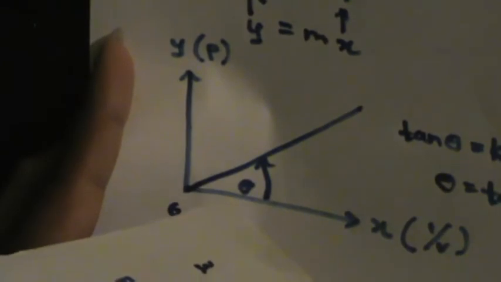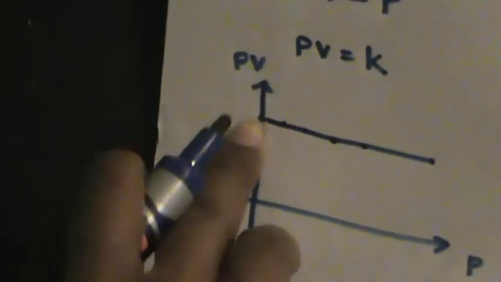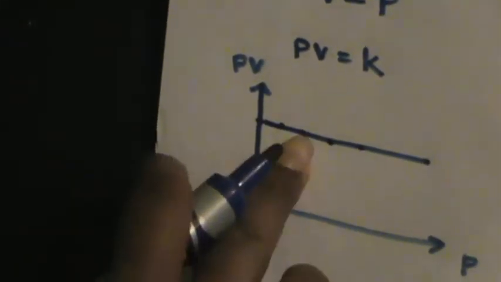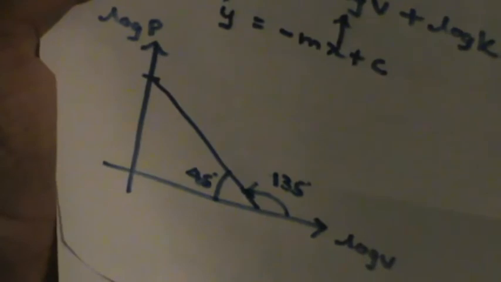So in this video I have been talking about the graphs of Boyle's law. In the first graph that I drew in this video, I drew the graph of P against 1 upon V, and we found the graph to be in a shape like this. And in the second graph, P against V, we found the graph to be in the shape like this. The third graph was PV against P, and the shape was like this, a constant graph, where the y value is constant while the x value is changing. The last graph we drew here was log P against log V, and we found the graph to be in the shape of this one with a positive intercept and a negative gradient. Alright, so those are the graphs of Boyle's law.